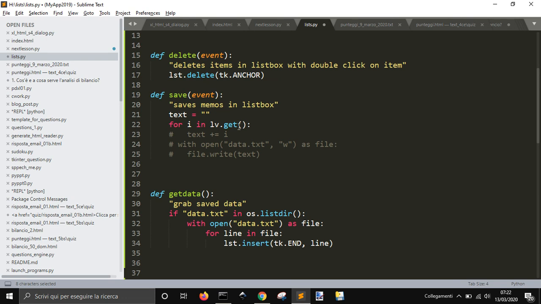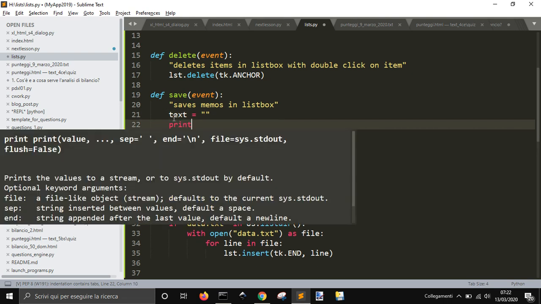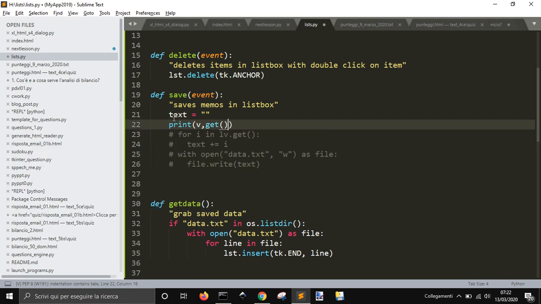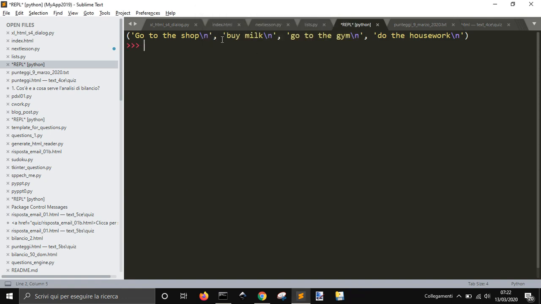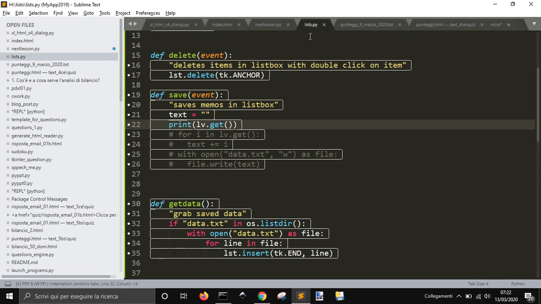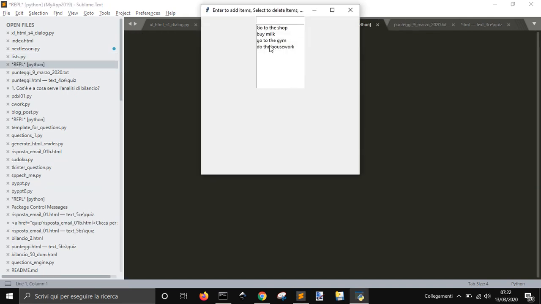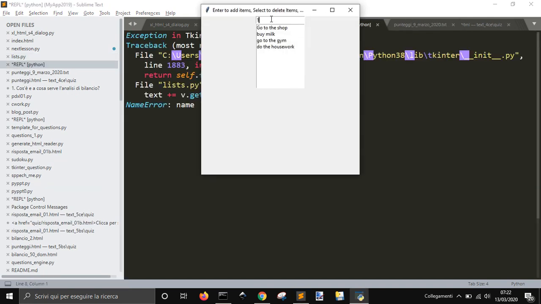So you will see that if I go here and I print lv.get, sorry, dot get, it will show what we get. If I press S, you see I get this list, or better a tuple, of the things that are in my list. You see I get this. I can add something here,